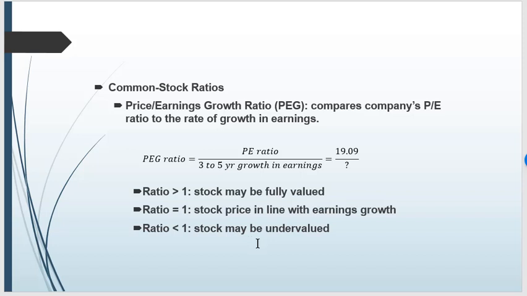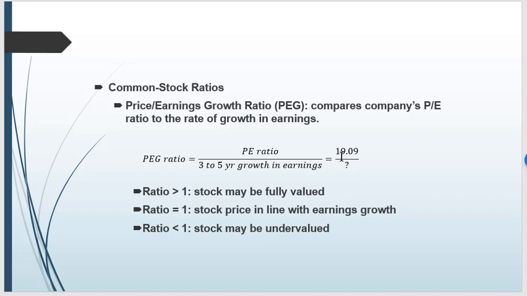Now, for this company, again, if we think about it, the only number we really have, because I don't have this growth number, is 19.09, which was the last PE ratio for this company. So what would the growth rate of earnings have to be just to get us equal to 1, so that it would be in line with earnings? Well, it would have to be